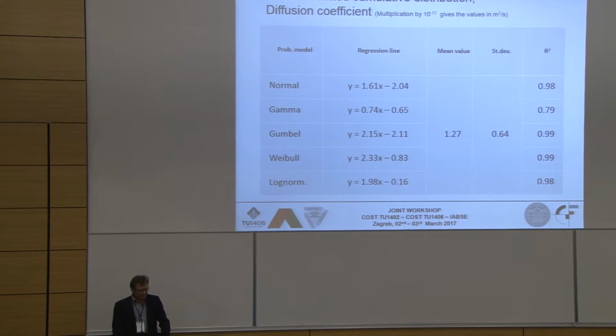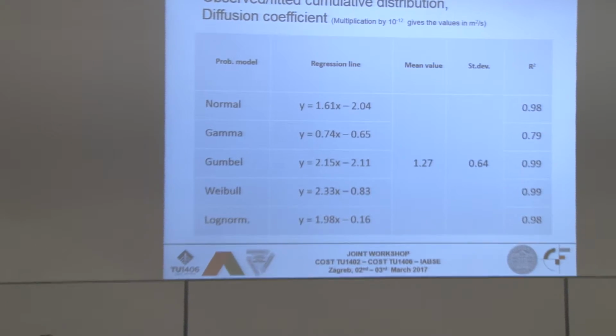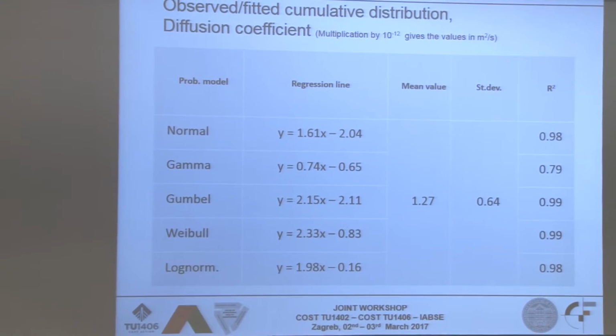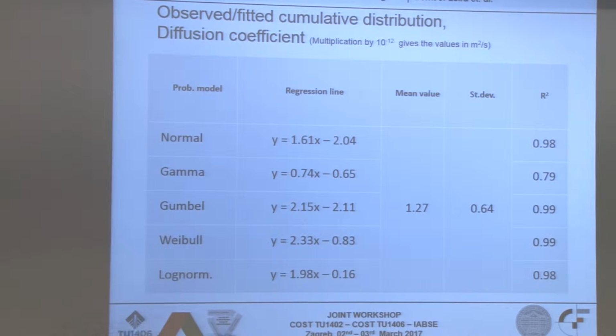So this is now the cumulative distribution on probability paper for the diffusion coefficient for one of the columns based on the tests. And you see we have compared different types of probability models: normal, gamma, Weibull, and lognormal. And the regression coefficient, which you see in the column to the right, tells you the goodness of fit, and we see that